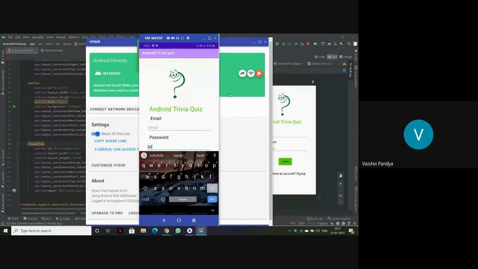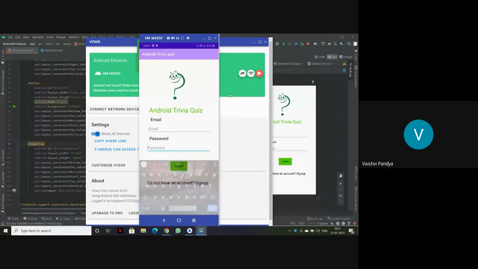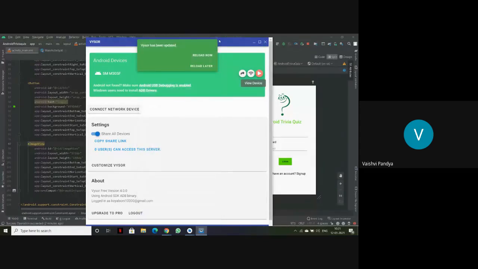Now what we are going to do is, as you can see here, the login button. I want that when I press this login button, it guides me to the next page that I want. Here when I'm clicking on the login button, it is not doing anything. But now we'll make another page, and when we click on the login button, it will guide us to another page. So we'll get on to that process. I'll close this now.